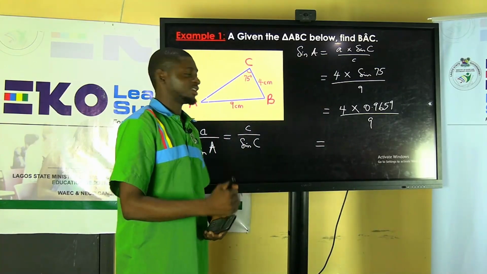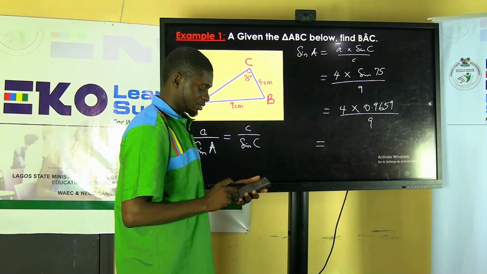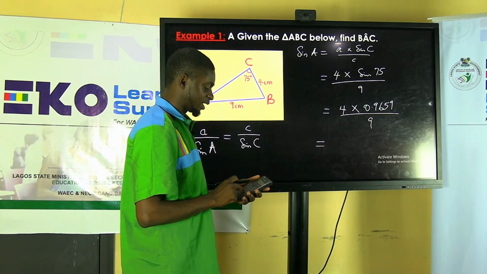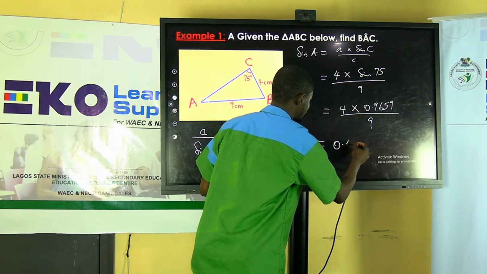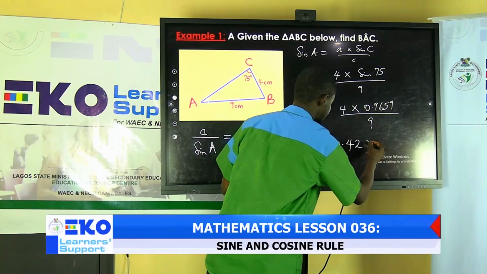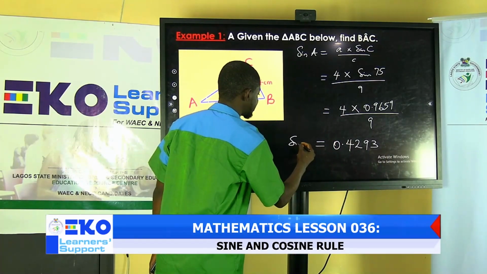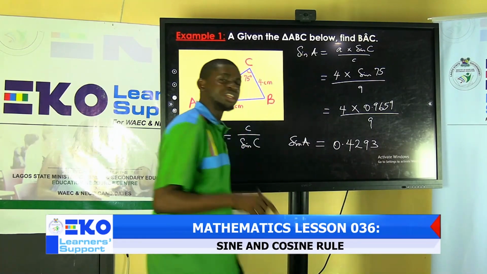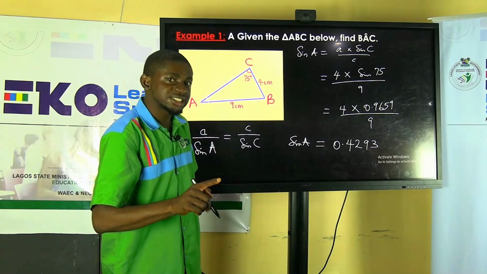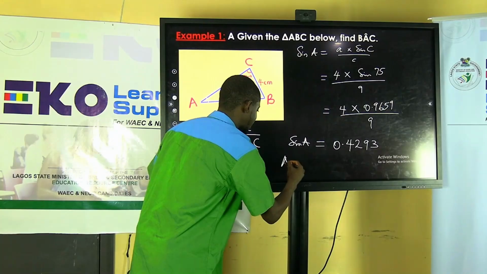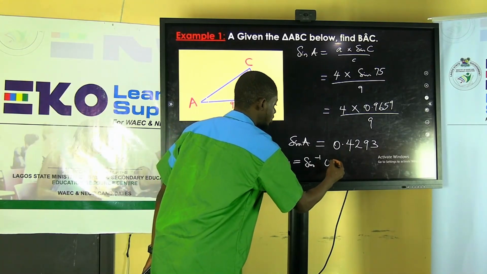So, as big men in mathematics that we are, let's quickly complete that. Multiply that by 4 divided by 9. Altogether, we have 0.4293. Remember, what we have been looking for is sine A. However, we need the exact value of angle A, not sine A. So we take sine inverse. Hence, A becomes sine inverse of